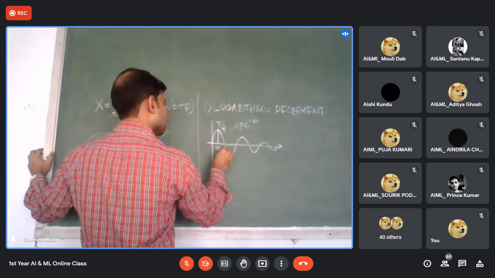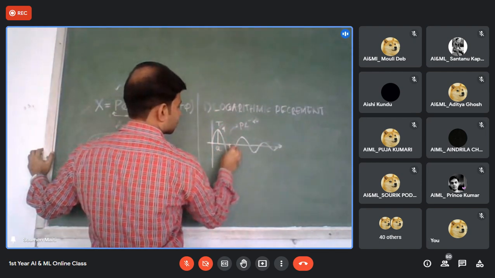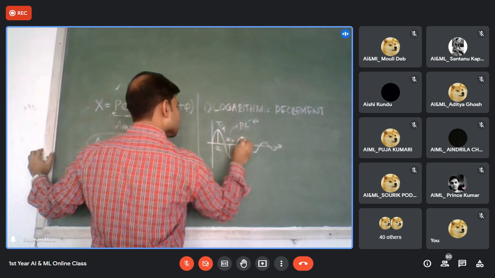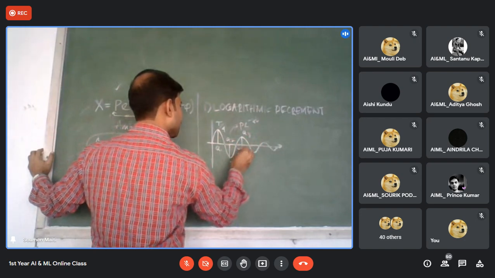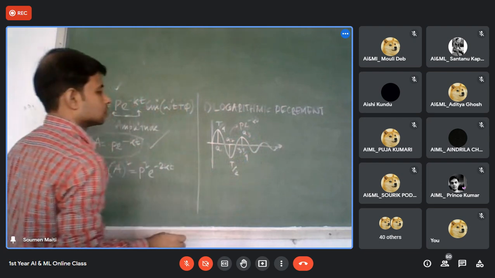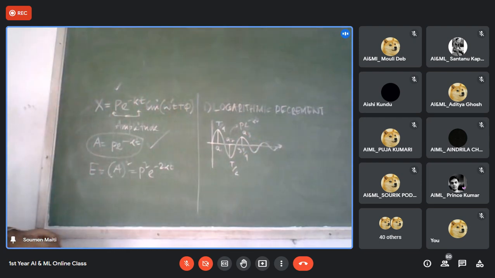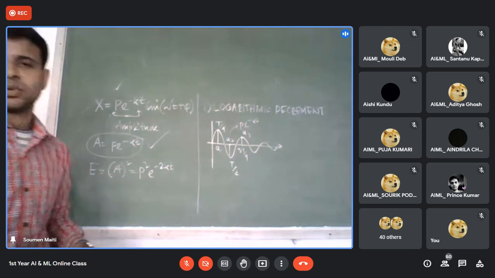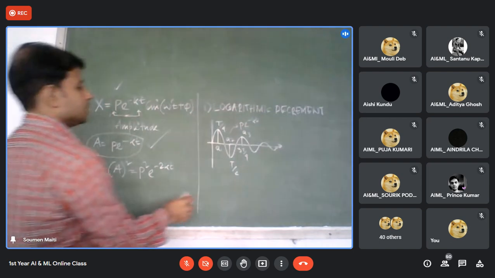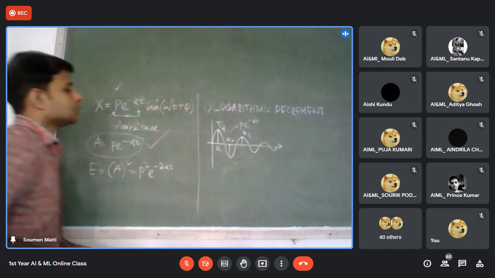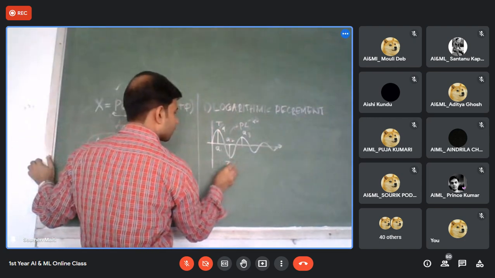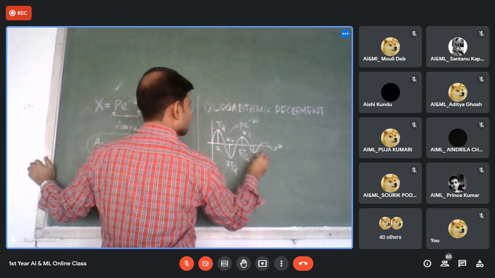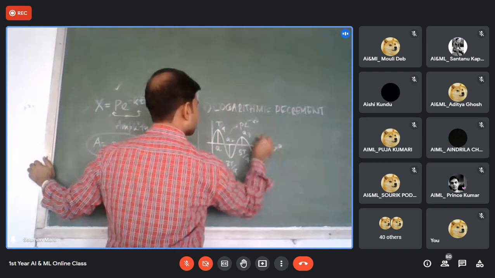Say this is my amplitude at T by 4, this is A1. This is at T by 2, A2. This is A3, and the time is 3T by 4. No, sorry, it will not be 3T by 4. It will be better to take T by 4, 3T by 4, 5T by 4. Take the second time at 3T by 4. It will be easier for you. It is at 5T by 4, A4, and 7T by 4.